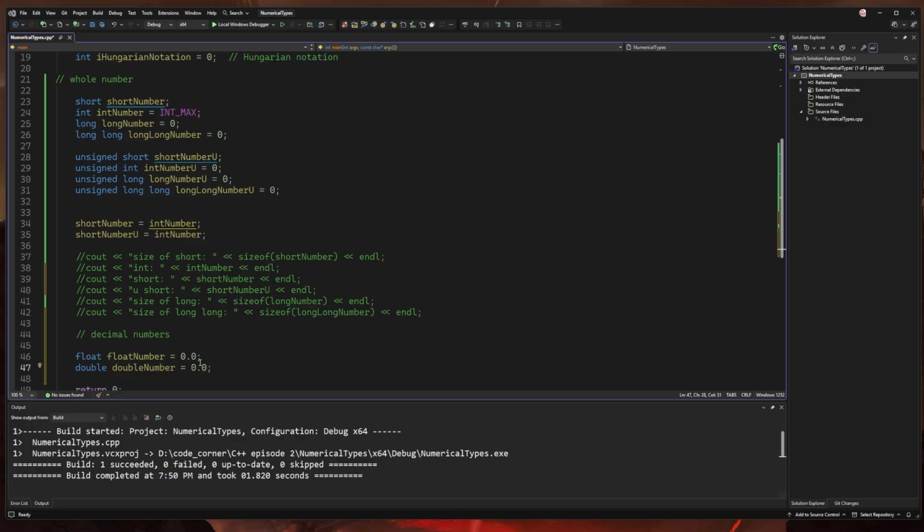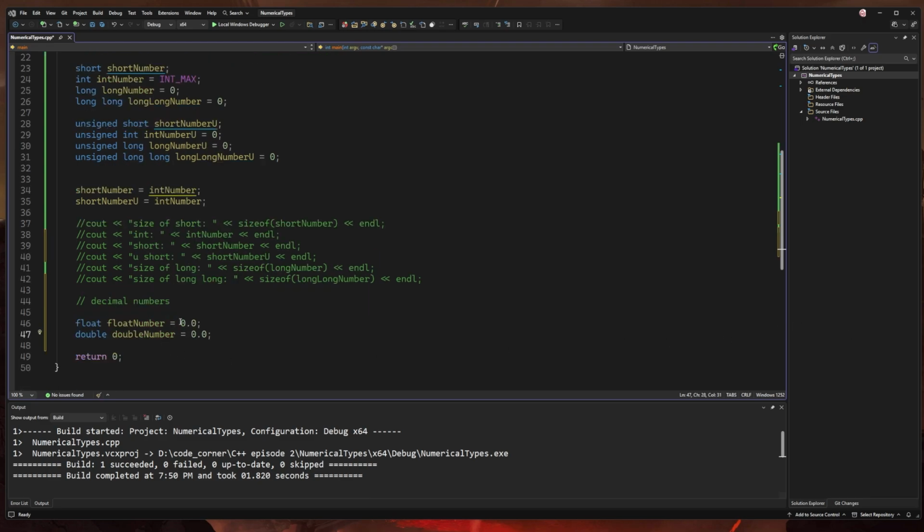The double is 64 bits. Now, how does that lay out? It really depends. When it comes to your standard 32-bit, the first bit is always your sign. Then the next 8 bits would be your exponent. That would be everything that's on the left side of your decimal number. The next 24 bits, 23 explicitly, because one of your bits is your sign,